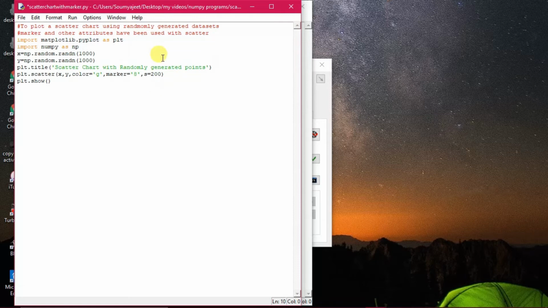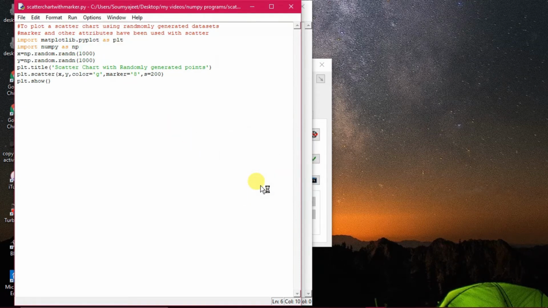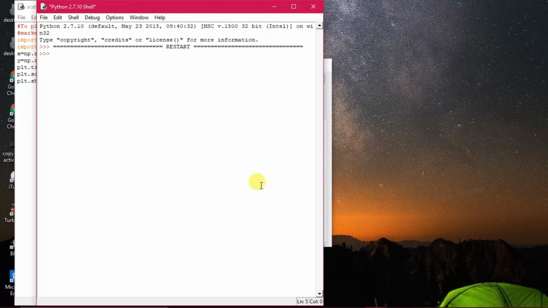And plt.show, and title has been used. The same title has been kept out here, just a manipulation of the last program. So if you change a little bit here, everything will change. All right, now the thing is that I have taken the 1000 odd points between 0 and 1, and then it will be generated. Now if I click on OK, then what will happen? The graph will be generated.